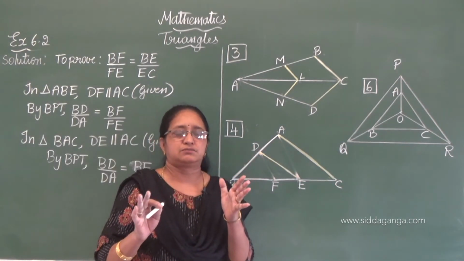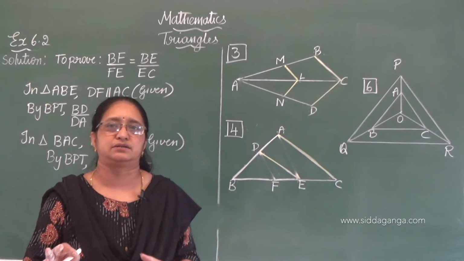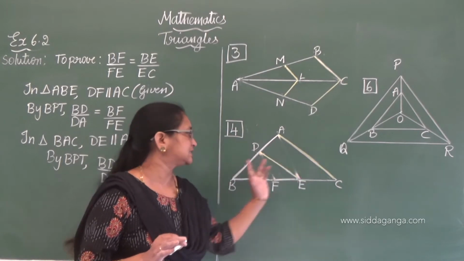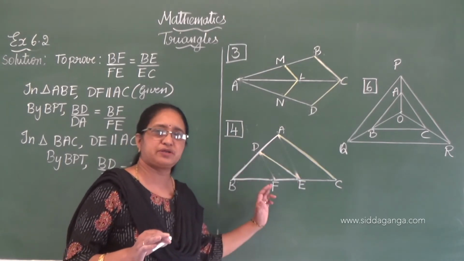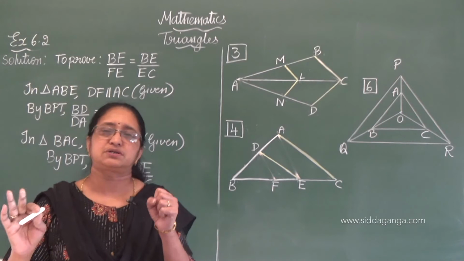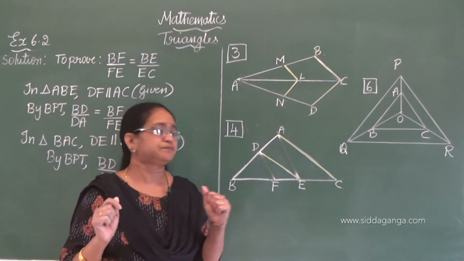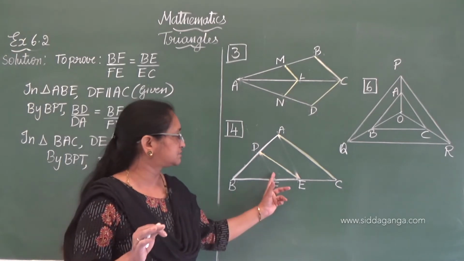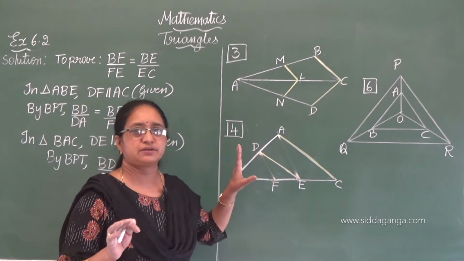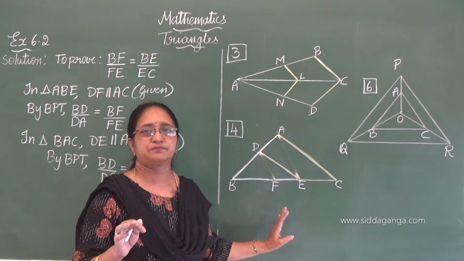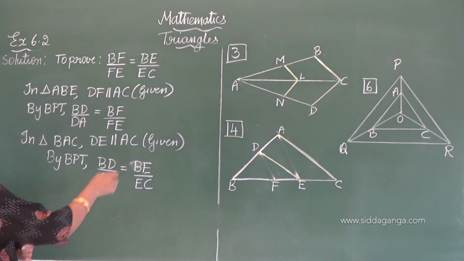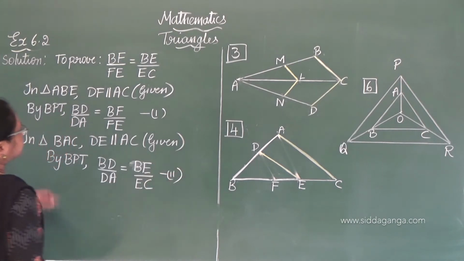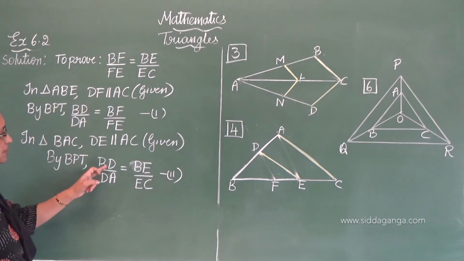So, like this you have to visualize the triangle. So because there are two triangles inside, you have to visualize like this. So you should be very, very careful. So visualizing the diagram is very, very important. You have to visualize like this, as though the other triangle is not there. So now see, it is clear now. Okay. Now just observe this first one and the second one. BD by DA, here also BD by DA.